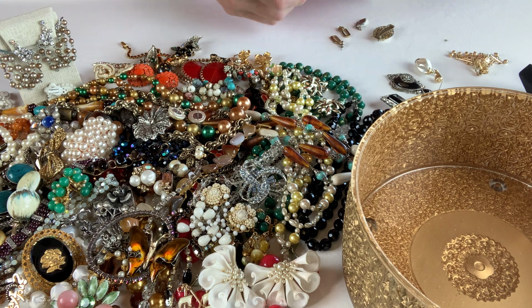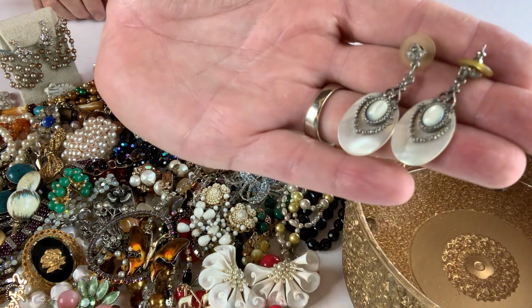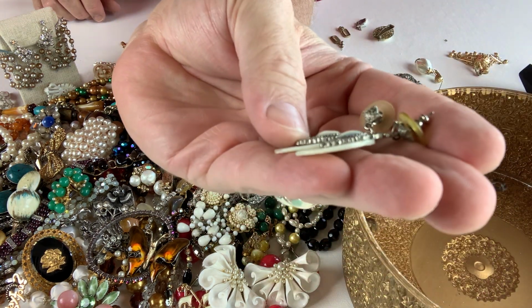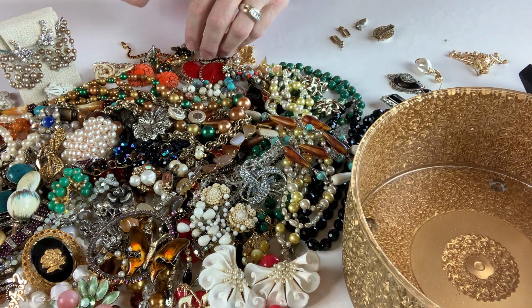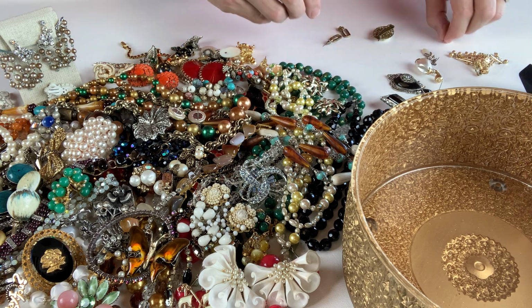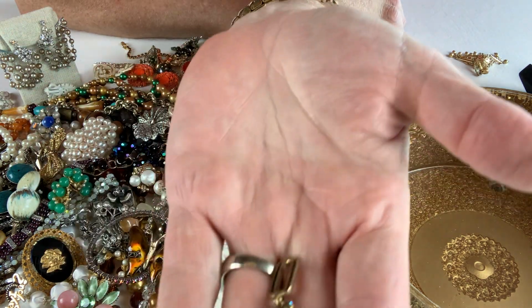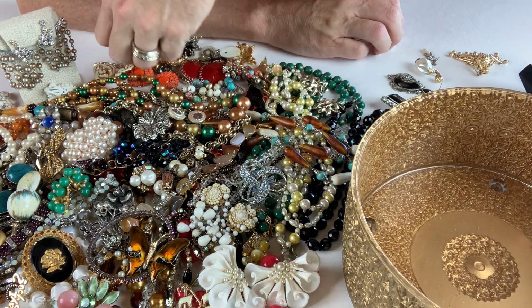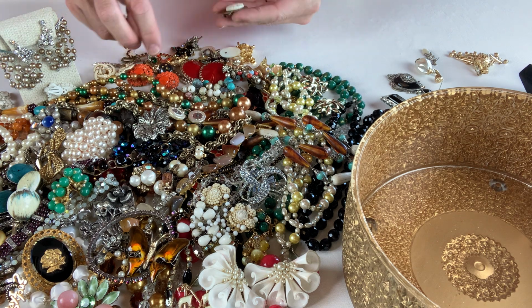Okay, here are two earrings that match. This is mother of pearl. Very cool. Then we have no match for that one. And we have just one of those kind of pairs. And last but not least, we have